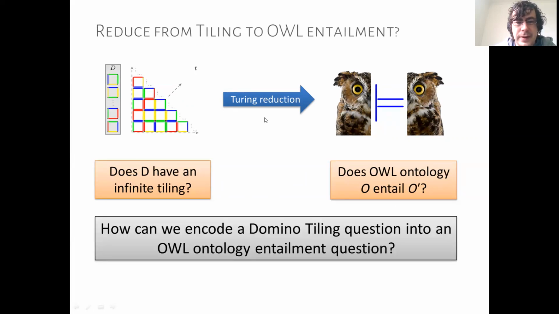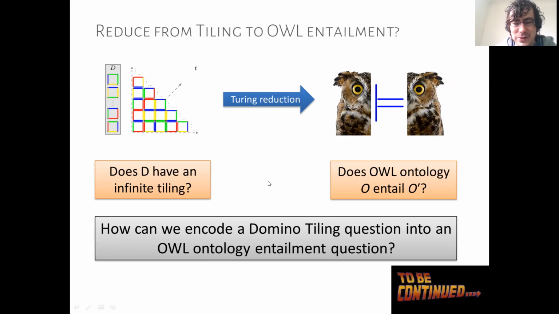So in the next class, we'll talk about this reduction, as it's an interesting example of how we know in computer science theory what is possible and what are the limits of computation. We'll talk about how we can encode this. It's also a nice exercise for OWL: how can we express this in OWL? It's an interesting exercise, and it's not that difficult, although there are some tricky bits.